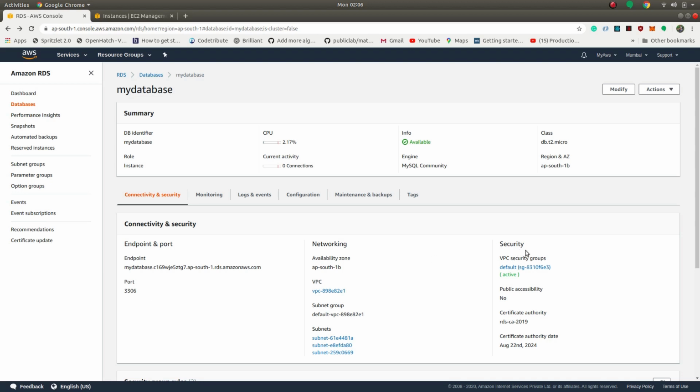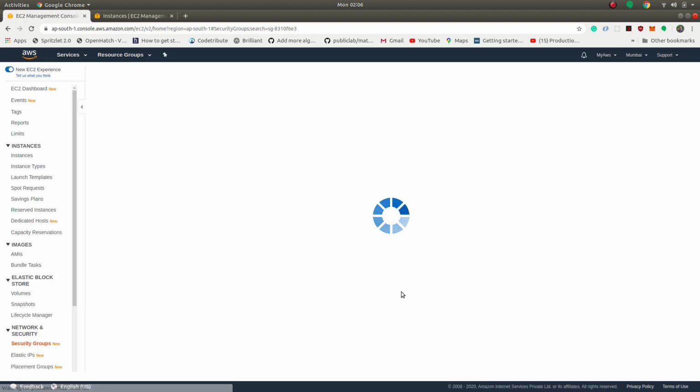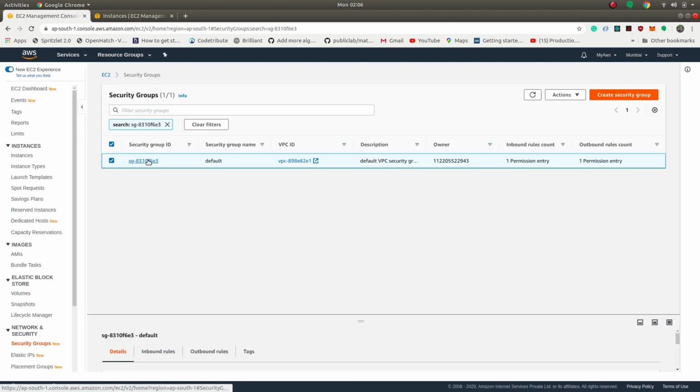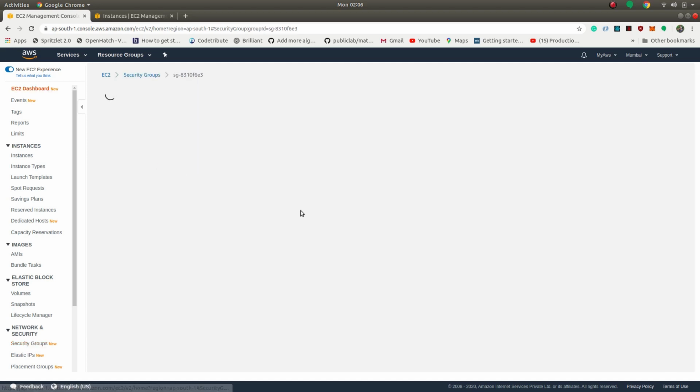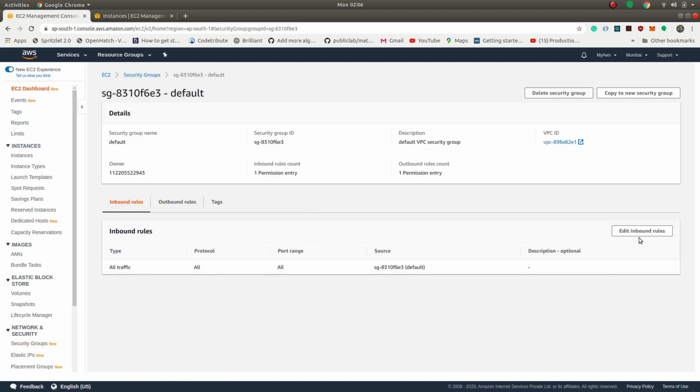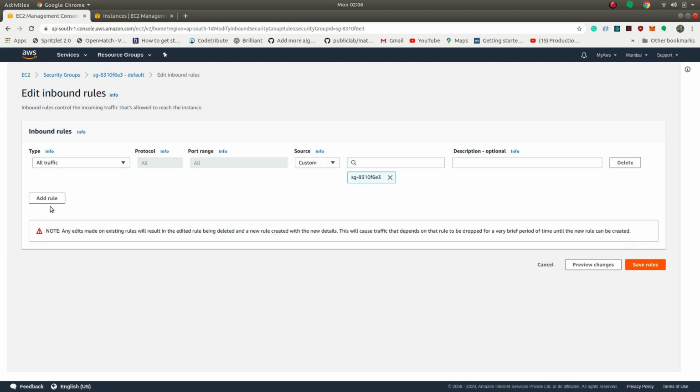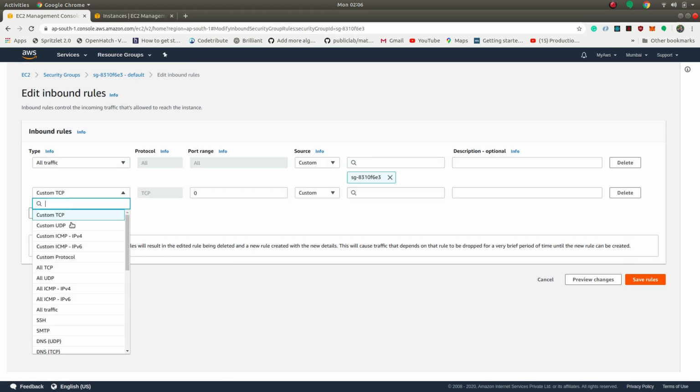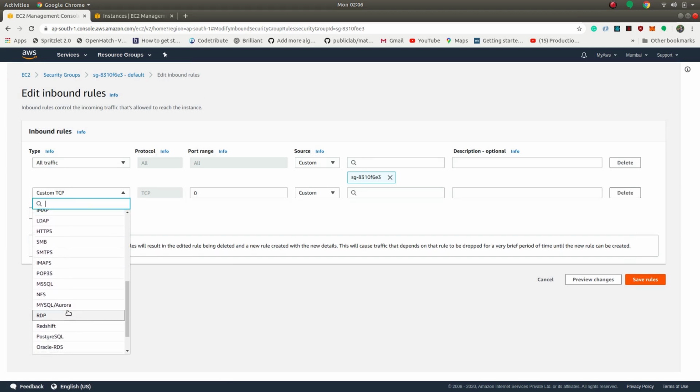Now go to security and click on default. Here select the security group. Now here add an inbound rule. Click on add rule, select MySQL/Aurora.